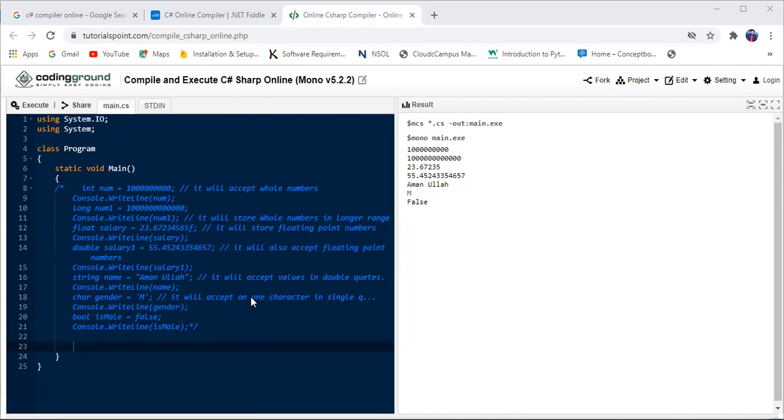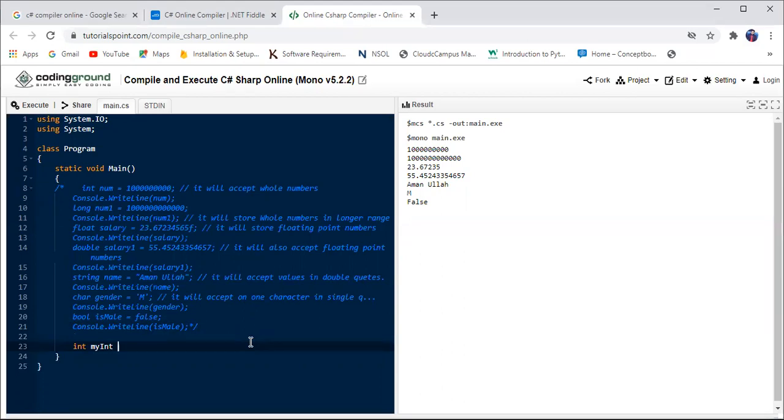For example, we have an integer variable and we want to convert it into double, and then check the output. So let's write int myInt.